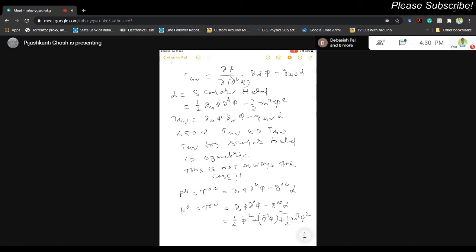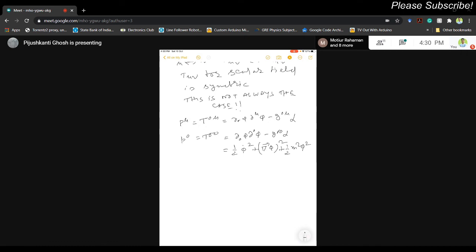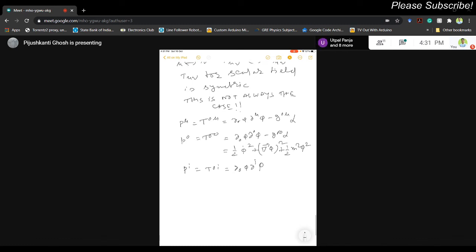Okay, so P0 is identified as energy, so this is the expression for the energy. And linear momenta is identified with Pi, so you will get T0I equals del 0 phi del I phi. Note that G0I is equal to 0 for any I, because off diagonal elements are not present. So this is the expression for energy, and this is the expression for linear momentum for the scalar field.